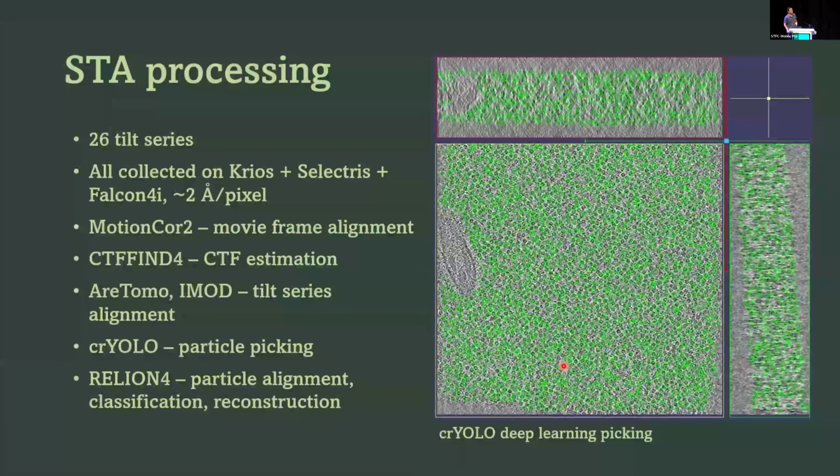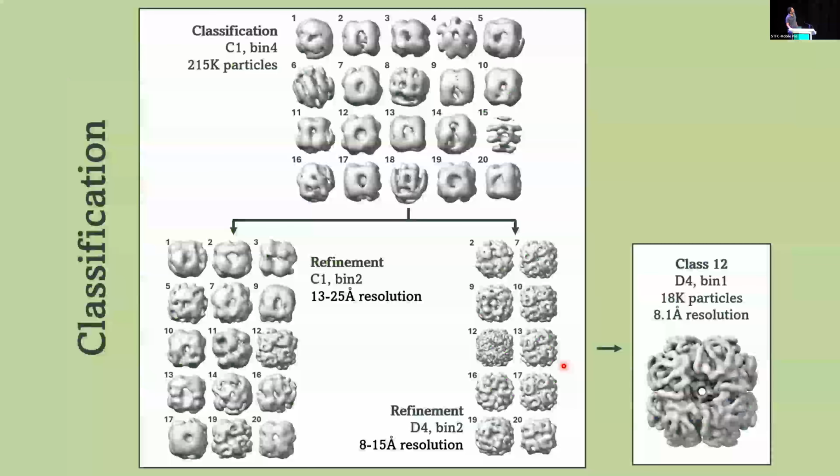Yeah, Crayola was quite instrumental in picking the particles. After intensive annotation, it could find the particles very reliably. And then we use Relion 4 for most of the STA part. And indeed, what I found is that it's massively heterogeneous in the cell. There is also a limit in signal to noise that I'll talk about a bit later, but it's in first